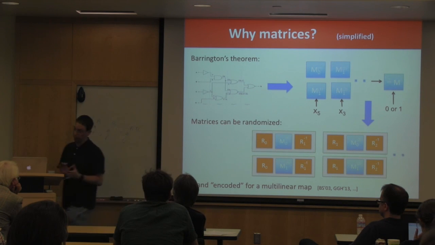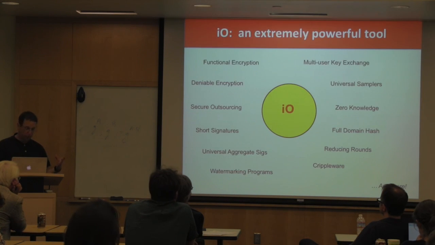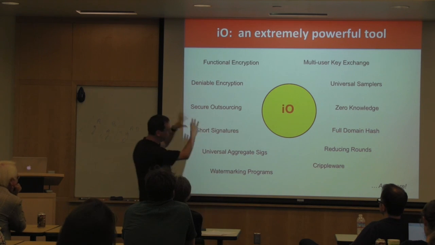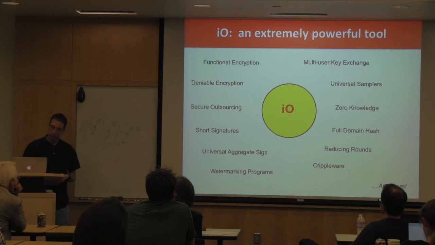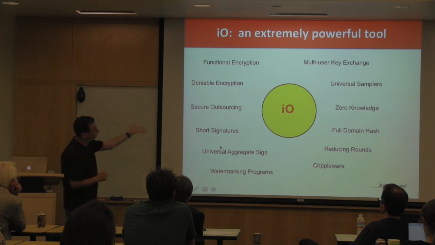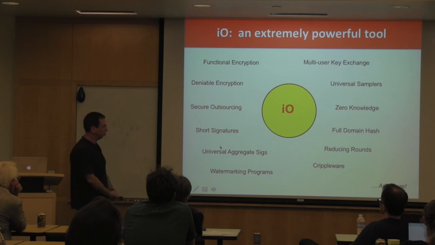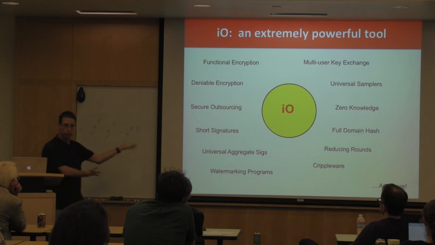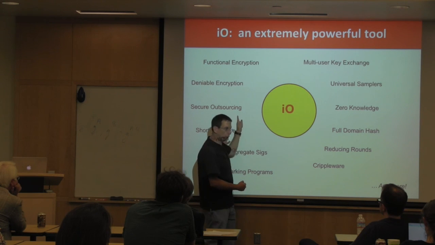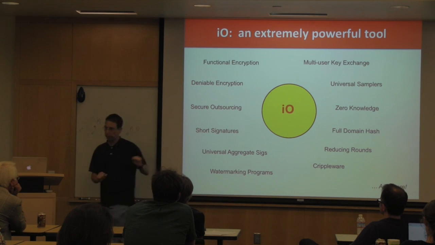So that's where all the excitement is about. Why is IO obfuscation so exciting? It turns out it pretty much solves everything under the sun. You can see IO is the sun here, and everything else is underneath it. There are lots and lots of applications, and more coming out every day. These are things that we had no hope of doing in the past. These are all applications that came out in the last 2 years, things that we simply couldn't do before. Now they're all being solved by this hammer, except that each one of these runs in constant time, but the constant is 2 to the 200. So that's where we are today.